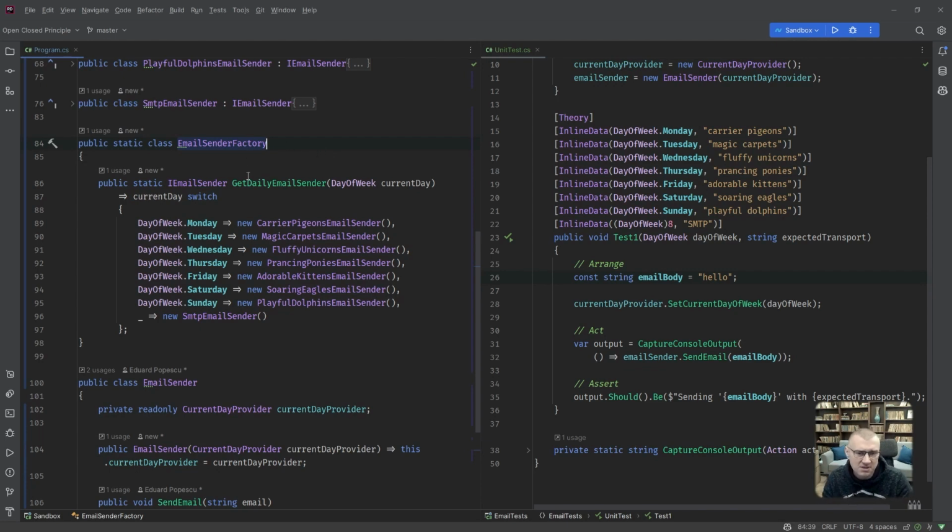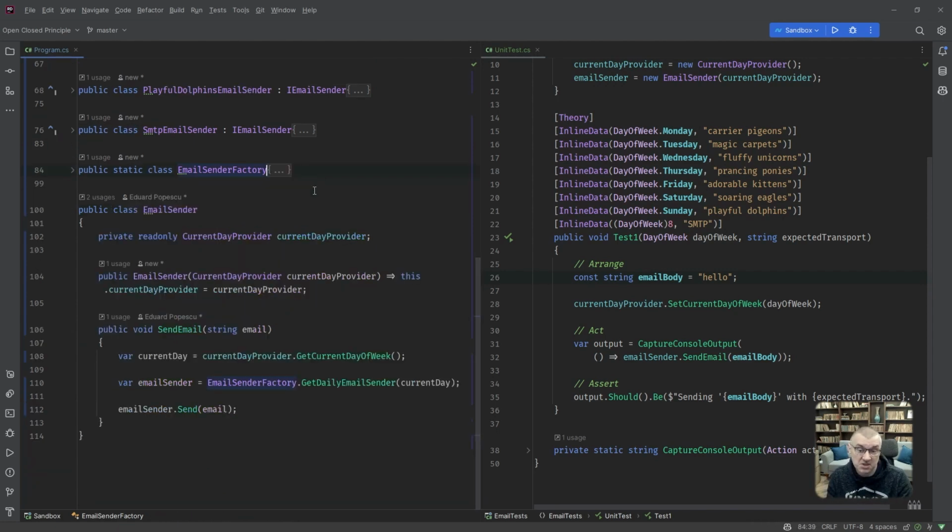Okay, and it could actually be implemented as a dictionary inside, but regardless if we change or not the implementation to use a dictionary, for instance, that doesn't matter very much, because everything that everyone cares about is, hey, you have this nice method that if I give the current day to, I get the email sender. That's all I care about. Okay, so for now, I would suggest to just leave it like this. Yes, it's a static dependency, so what? Okay.